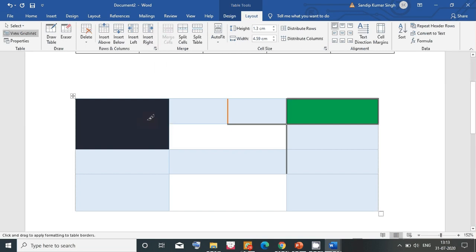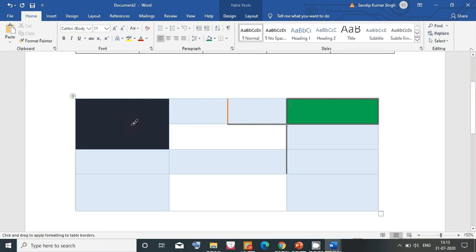Then when we select two cells and we go for a column or a row, then we can merge them. Merge them means make them one. And then split, I can break it into two. Not only this, I can break the table into two parts. Apart from this, we can insert things.